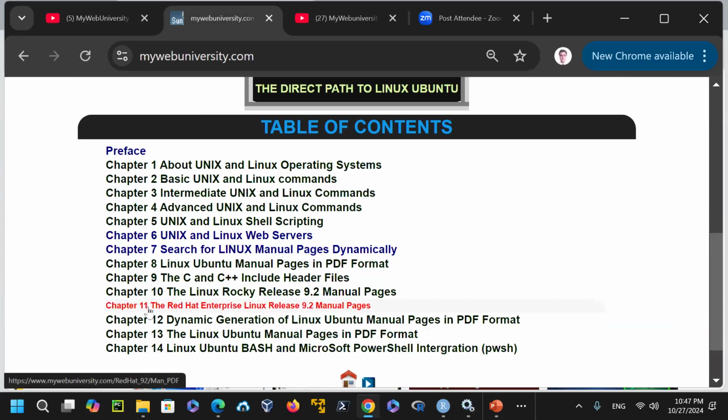For example, some of these PDF files that I just wrote a Python program to generate, about 32,000 PDF files on these chapters, whether Rocky Linux, Red Hat or Ubuntu or C++ or Linux Ubuntu or dynamic generation of Linux manual pages that you can go and search for them. All of those are available,